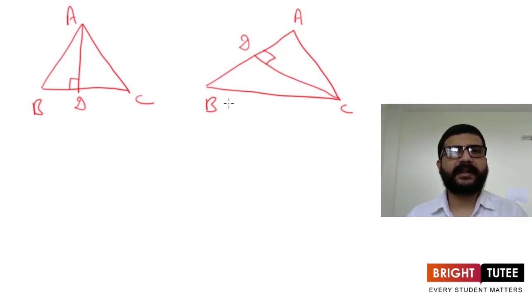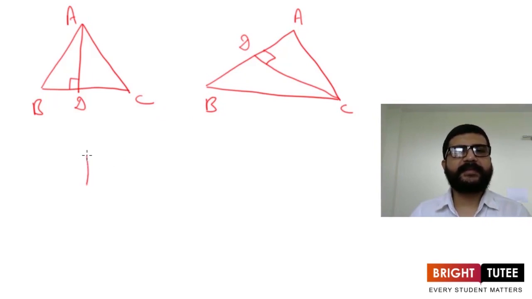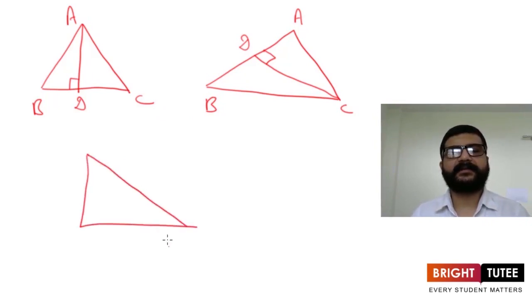Yes, it can be a side of the triangle as well. In which case it will be a side of triangle? It will be a side of triangle if we are having a right angled triangle. Let's say this is a right angled triangle. Here it is A, B, and this is C. Now ABC is a right angled triangle at vertex B.